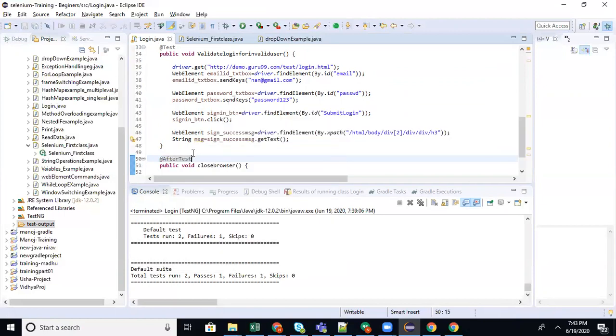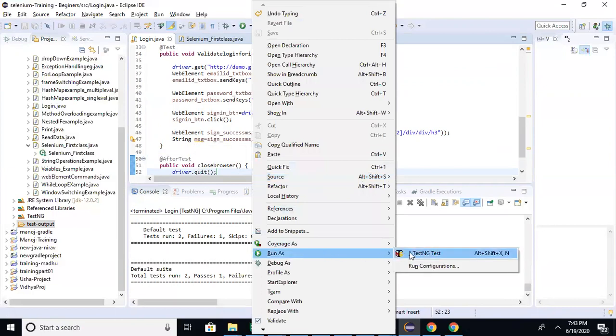Okay, this is how before works. So you can write driver dot quit, so all the windows opened in that session will be closed. Let's run and see how this works.